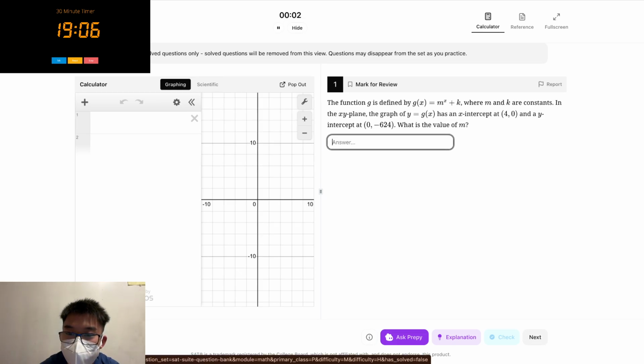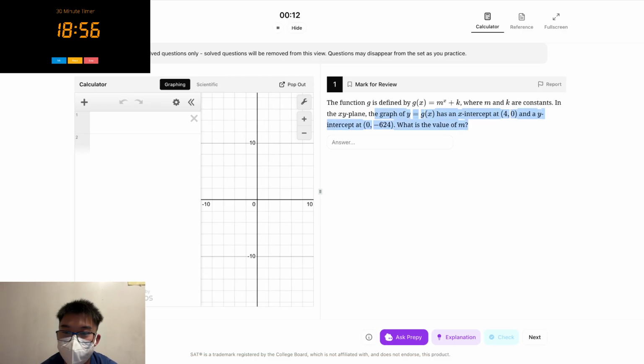Okay, a function g is defined as g of x, and b is a constant, blah blah blah. Okay, we just did a question similar to this one. So let's do this real quick. The graph of g of x has intercepts at 0, 4 and 4, 0. I think you ignore this fact and go straight to this. So, the value of m. So, g of 0 is going to be equal to negative